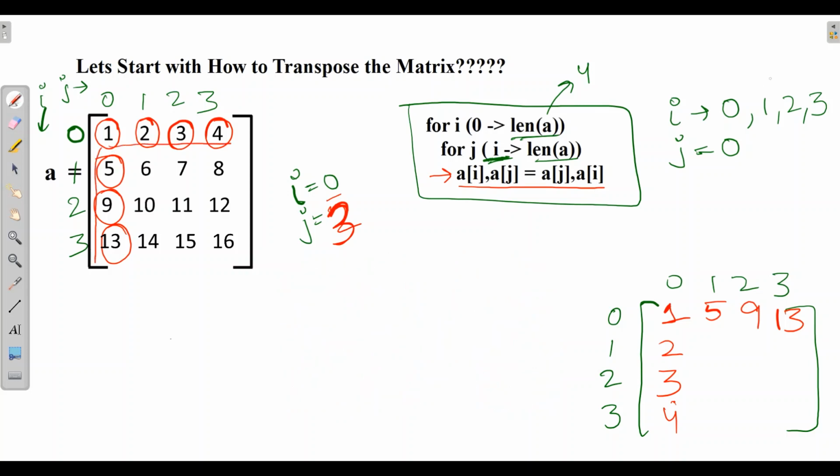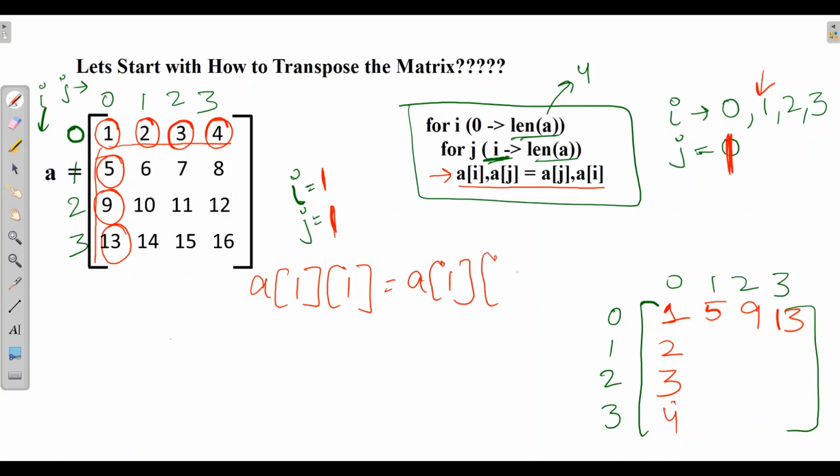Now I will be 1 and J will also be 1, because we have covered all the 0th row's elements. So J is equal to 1 now. First will be A11, which is the diagonal element. The transpose of a diagonal element is always the same, so 6 stays here.